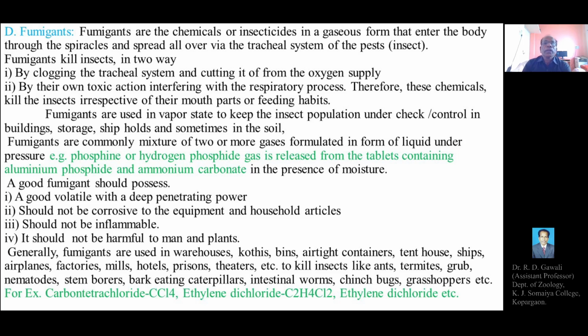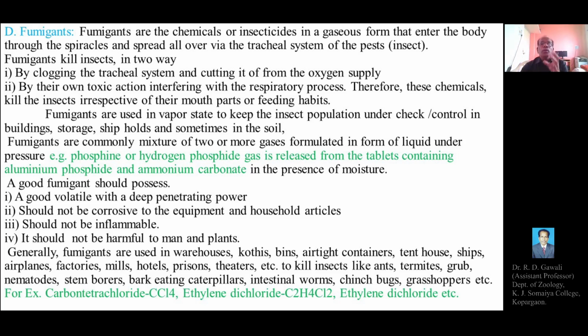Fumigants are used in the vapor state to control the insect population in buildings, storage, or ship holds, and sometimes in the soils. So we have to use the fumigants in airtight or controlled conditions, because the vapors of the fumigants are